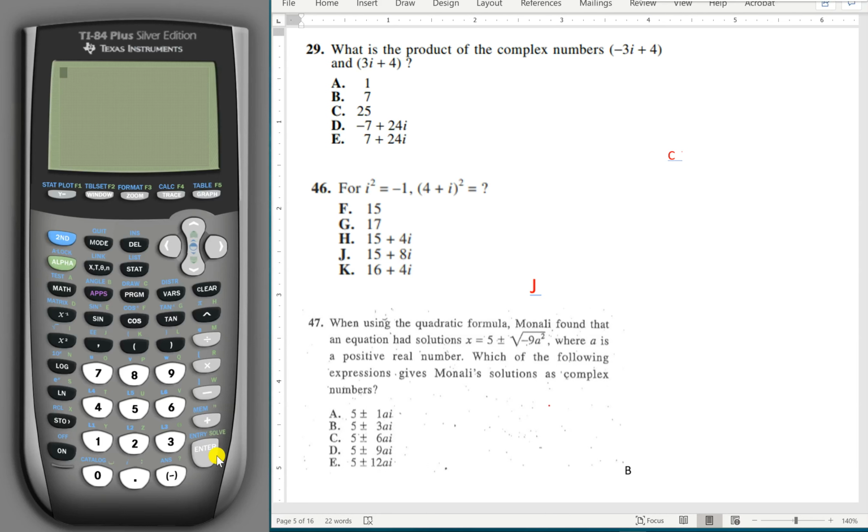Okay, here's a video on using the TI84 for ACT imaginary or complex numbers questions. A lot of students don't like these at all, and a lot of them are very straightforward on the TI84. The one thing about complex numbers